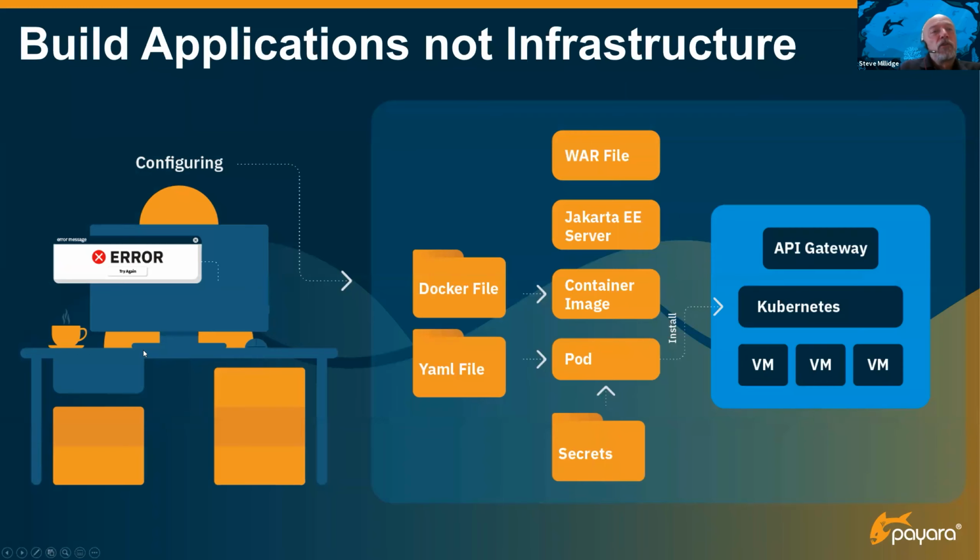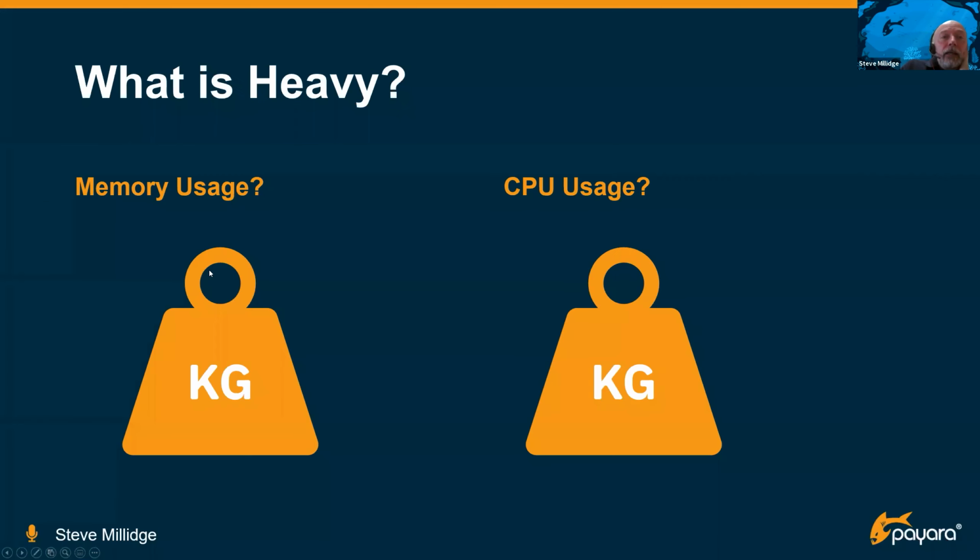So that is the "what is an application server" portion of answering that question. What we're really talking about is separating application from runtime. And let's move on to what is heavy. Often Java EE gets accused of being heavy, so I'm just going to explore what that actually means. There are four things I think that it could possibly mean. One is memory usage. People claim that Java EE uses lots of memory, or that application servers use lots of memory.